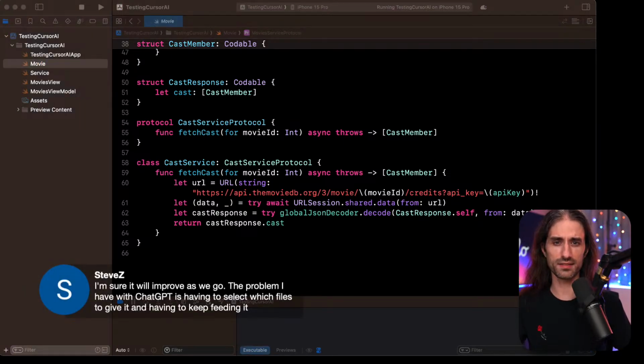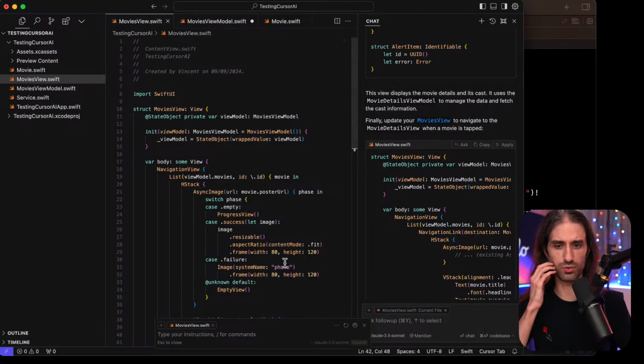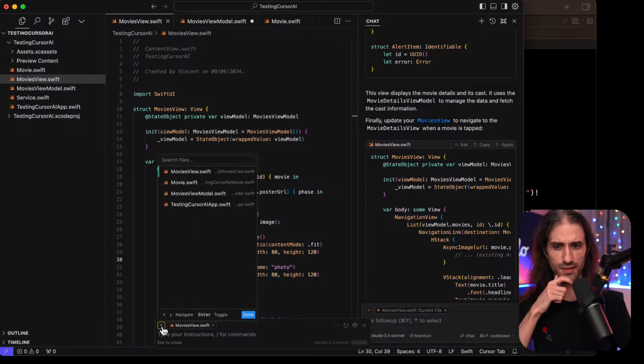I agree that just the fact that you have an AI which can allow you to more easily select which files you want to send to ChatGPT or any ChatGPT-like LLM is already great, and that might actually be the really cool feature. If I go back to Cursor, you can see that here you can easily add files for your query.